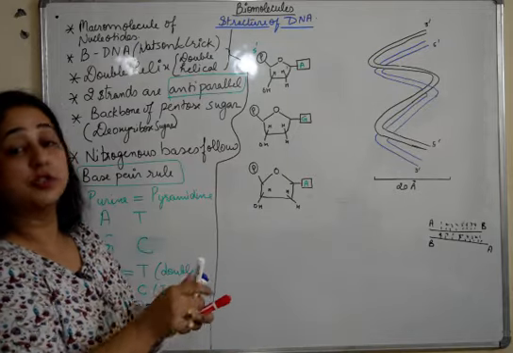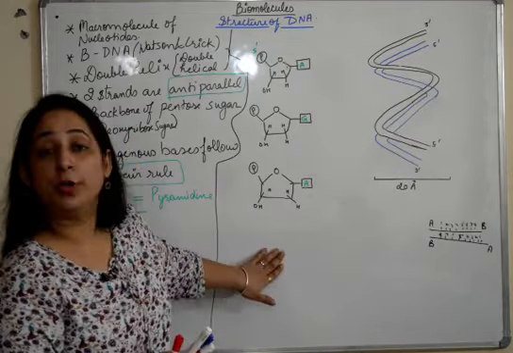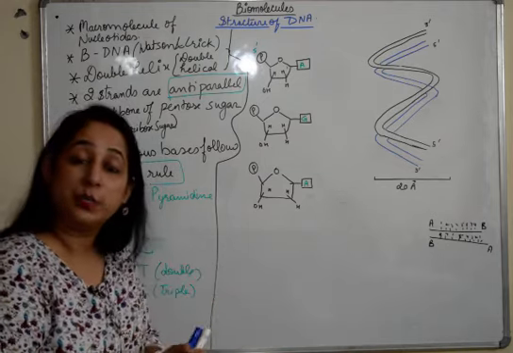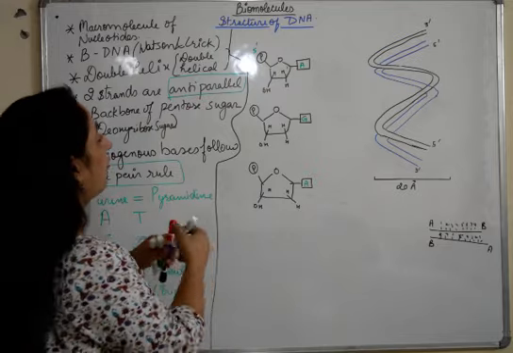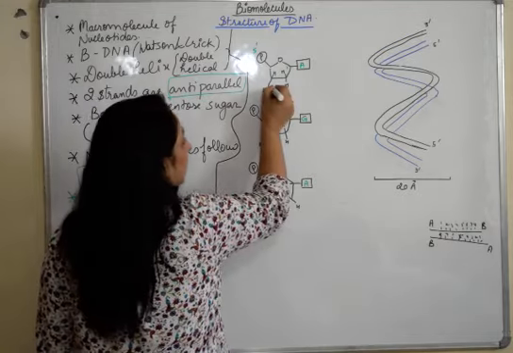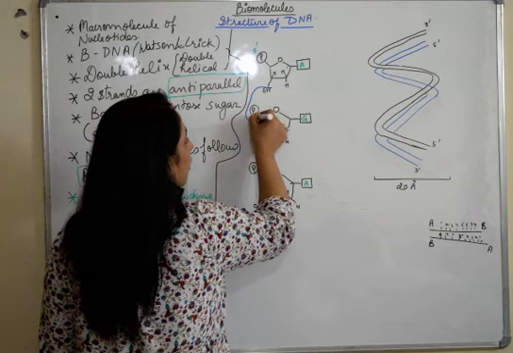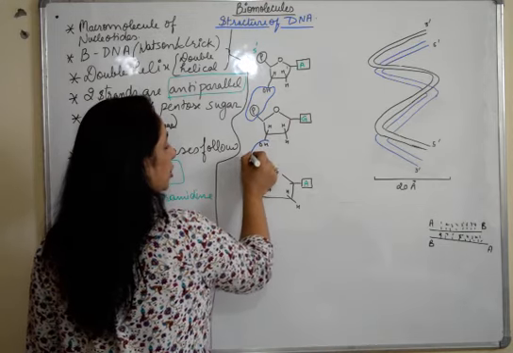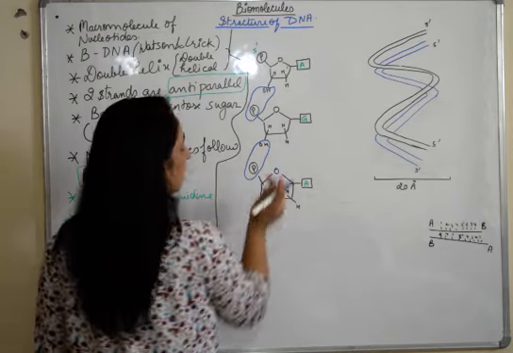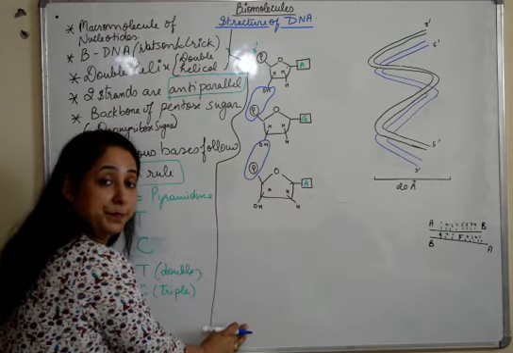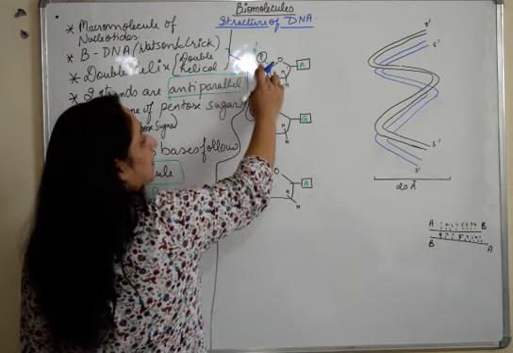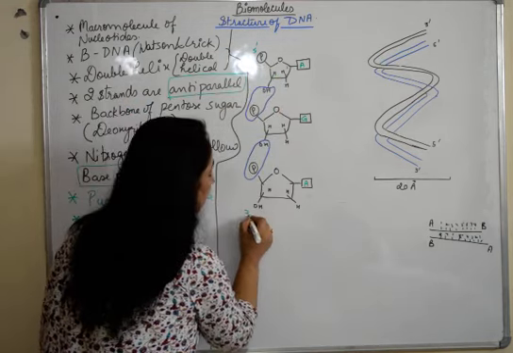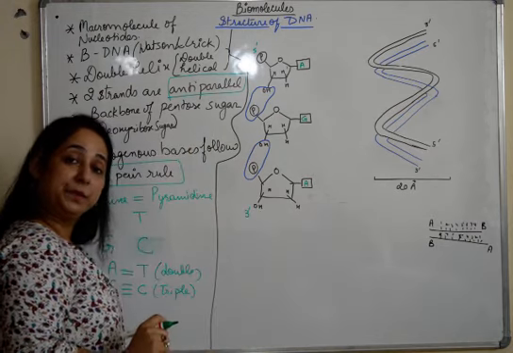First of all, this single strand is going to bind together. These nucleotides are still free. They need to bind together, so bonds will be formed here. Which type of bond and where? This hydrogen and this phosphate are going to make a bond here. This hydrogen and this phosphate will make a bond here, and this continues. Phosphate is present at the 5th carbon, and here this OH is present at the 3 carbon. This is the 3 carbon. Fine.